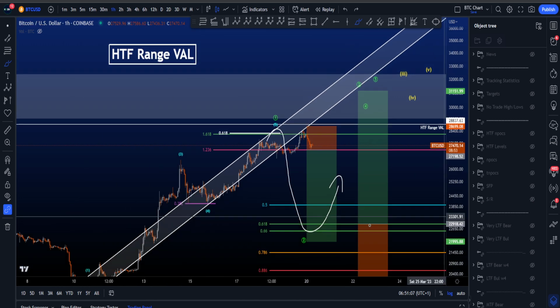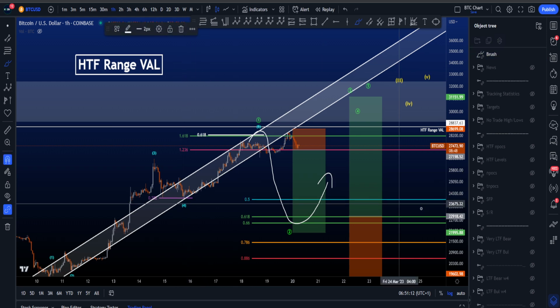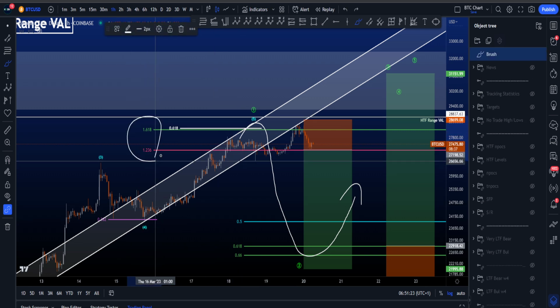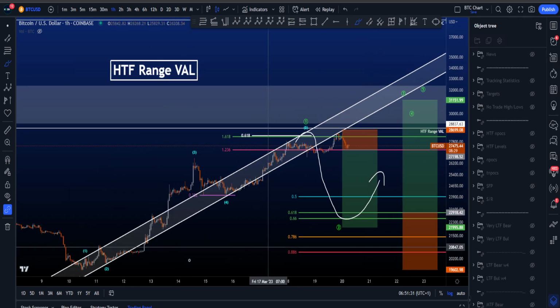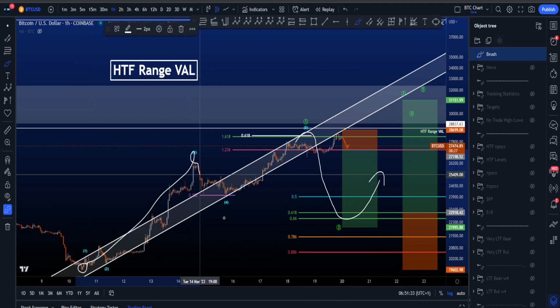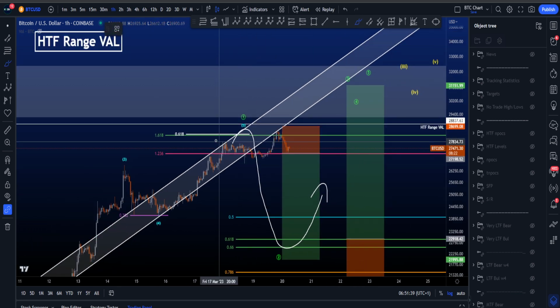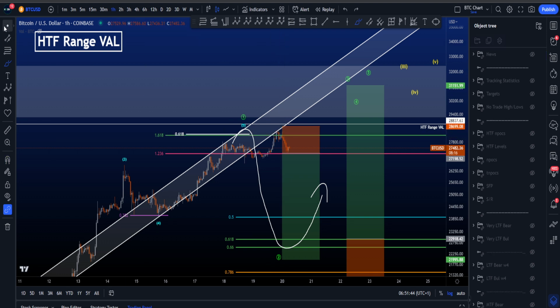And also this channel, by the way, taken from the high of 1 to the low of 2 to the low of 4, the high of this channel is always a wave 5 target as well. So this potential wave 5 target, in combination with this potential wave 5 target, the fibs over here taken from the high of 3 to the low of 4, including this potential wave 5 target, the 0.618 trend-based fib extension from the low of 1 to the high of 3 to the low of 4, makes this area a potential wave 5 target, right? So is this then wave 5? Well, I would prefer this to be the wave 5,